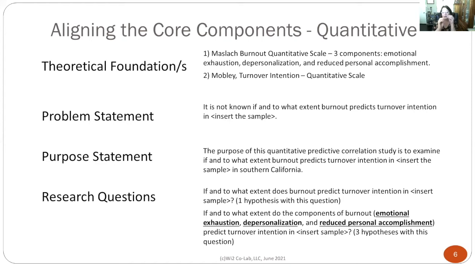Some methodologists will have you put or and, or slash and or. Please don't, every methodologist has their preference. Every chair has their preference. So as long as you're using the two theories that you really want to use for your study, how you put it in here, as long as it's aligned, is okay. So we're going to use this format. It is not known if and to what extent burnout predicts turnover intention and then your sample in call center representatives, in your counselors,